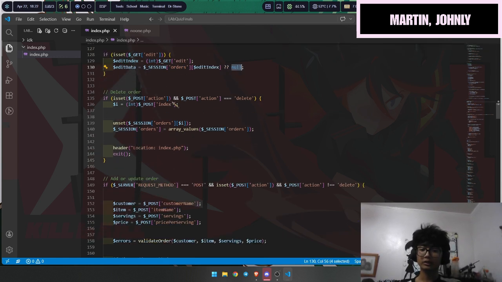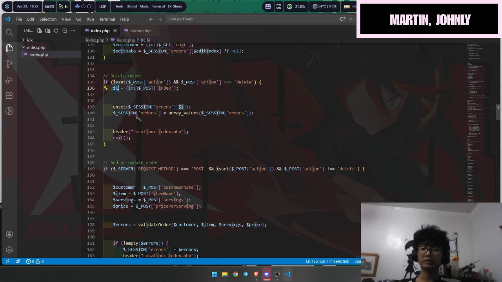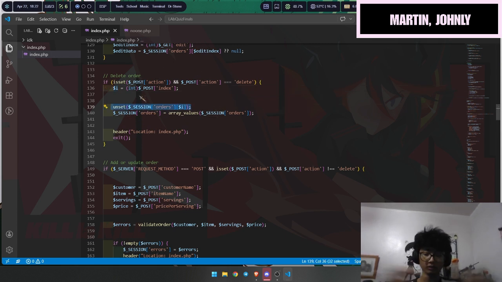The second if statement is delete order. It follows the same principle, a listener. If the button is clicked, it stores the index or ID to index, and then unsets the order from the array using the variable that was used to store it.